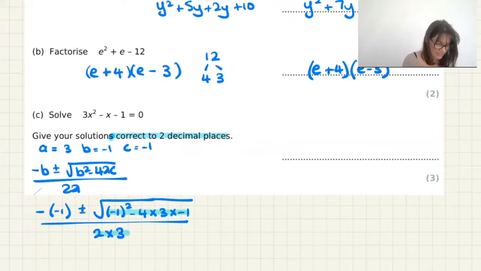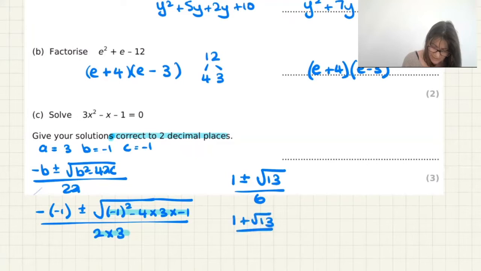So that will then bring us down to 1 plus or minus square root of 13 all over 6. This will split out into 1 plus root 13 over 6 and 1 minus root 13 over 6, giving us a final answer of